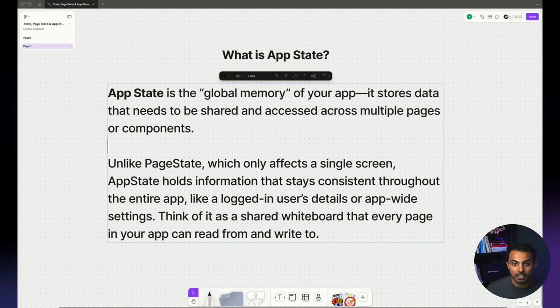hey, is the user logged in? Is this a premium or a free user? What's the current balance on this user's account? Right? At PrizePicks, for example, we are a daily fantasy sports app, and we needed to keep track of how much wallet balance the player had on their account, and we showed the wallet balance in the top right of the page wherever a user went.